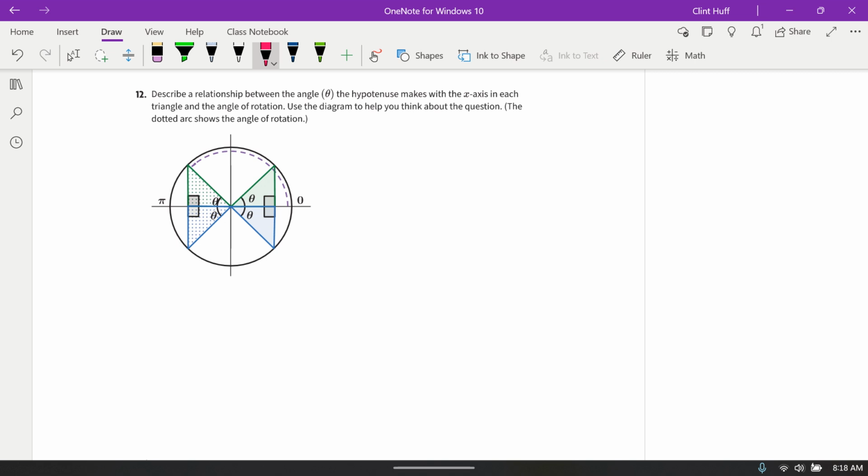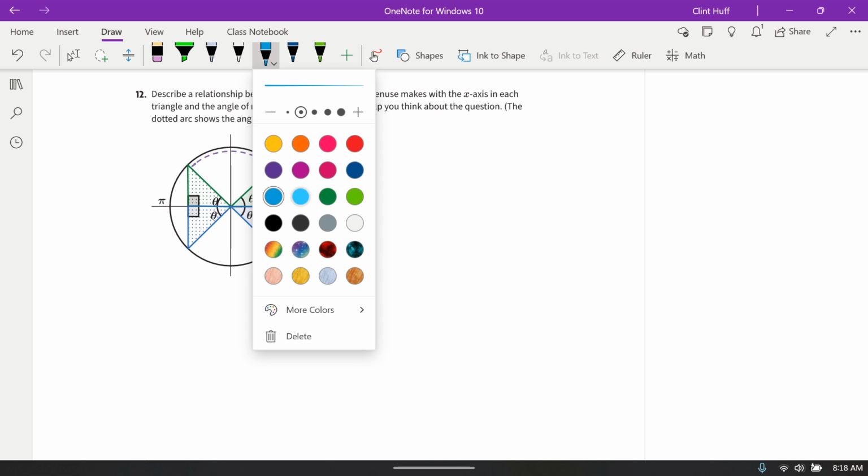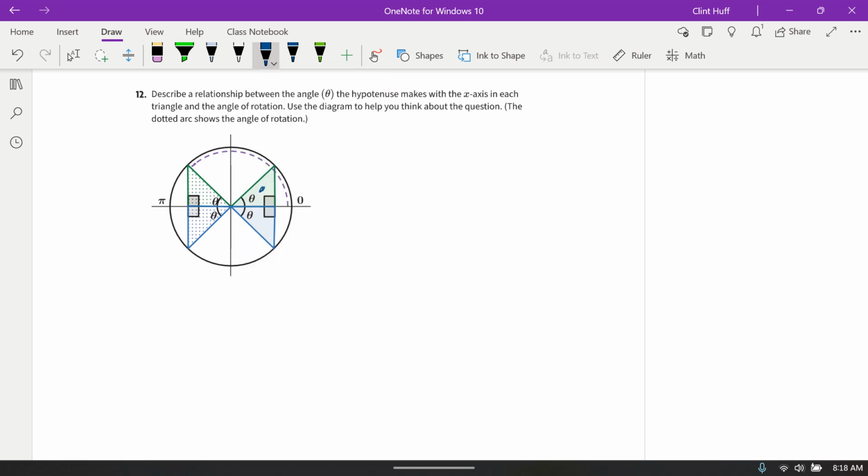and they have a central angle of theta, so I'll put a little blue dot in there. That triangle has got a radius here. It's got an angle of theta. And notice that all of those triangles have the same sizes of legs, same angles, and so on. So the question is, describe the relationship between angle theta and the angle the hypotenuse makes with the x-axis, which is